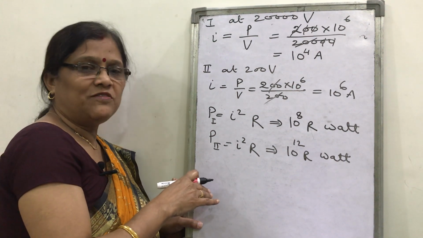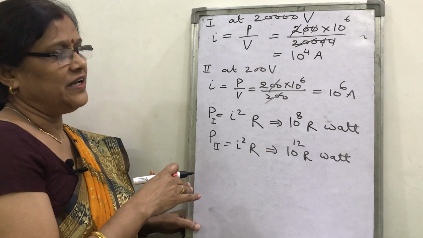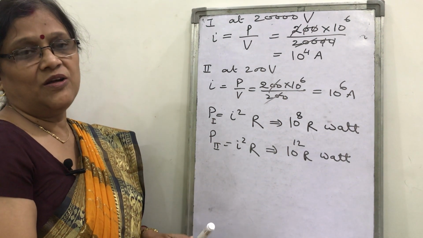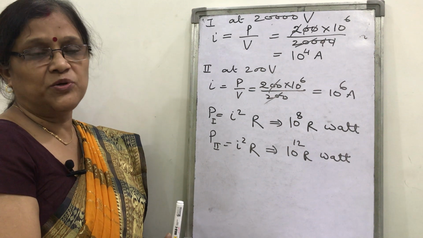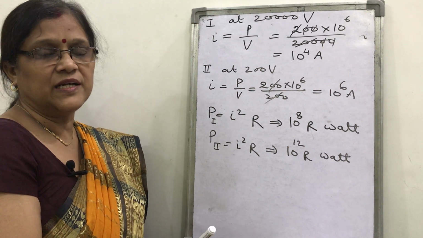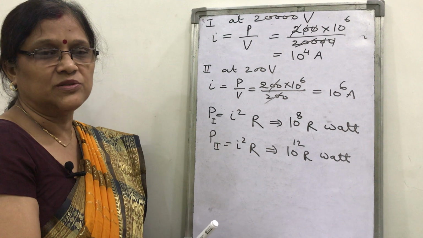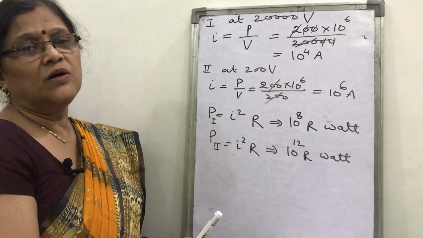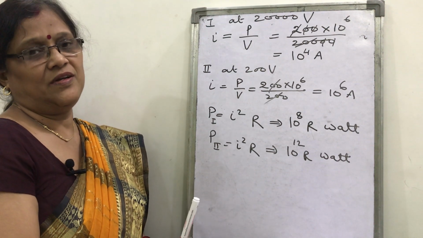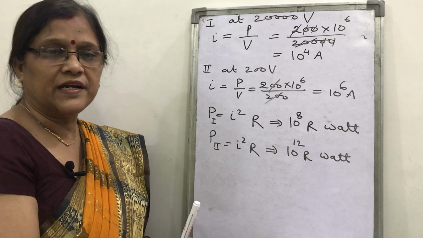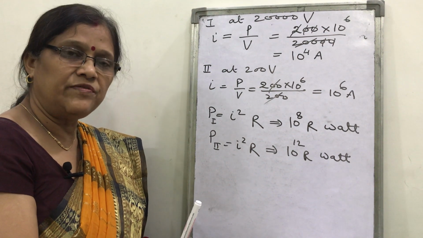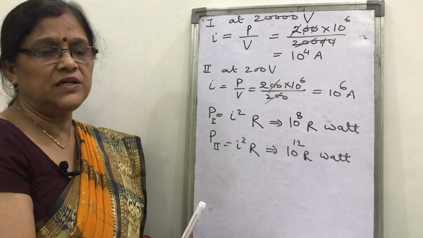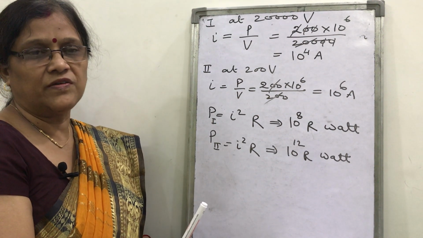Similarly, there are so many questions based on electric power, heaters, coils, and the heating time of water. Suppose water boils with two coils connected in series and in parallel, then you have to find the time also. You have to solve many questions based on the concept of electric power. If they are connected in series, what quantity will remain constant? If they are connected in parallel, which quantity will remain constant? In this way you have to think and solve. Thank you.